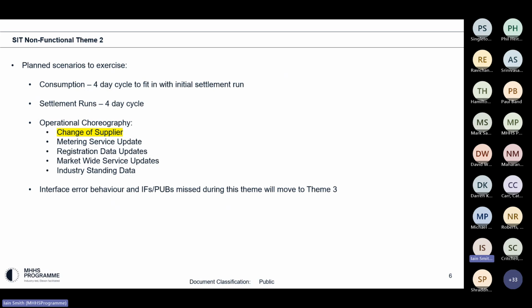But I think there are some forms of data fixes that are being used in non-SIT where CSS also isn't available that we might be able to jump on the back of. So we have meter servicing updates and registration systems. These are the main drivers for the central services processing on top of the settlements runs, market-wide updates and standing data. Any interfaces that are omitted from this will be drawn into Theme3,